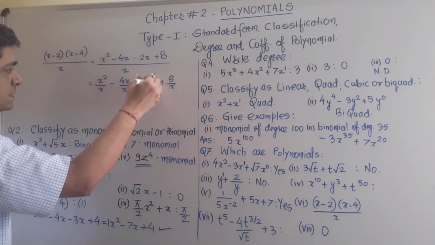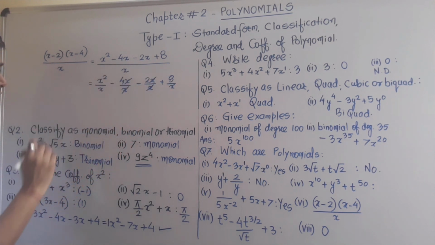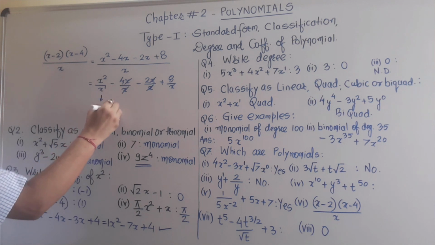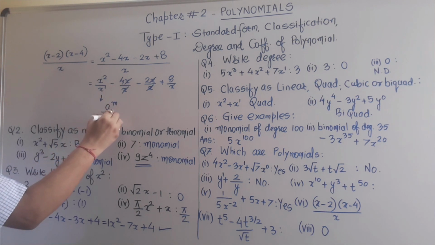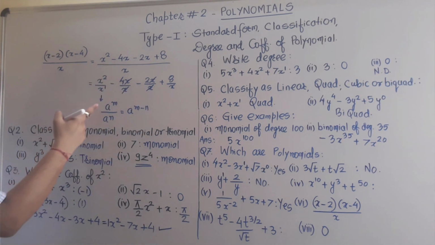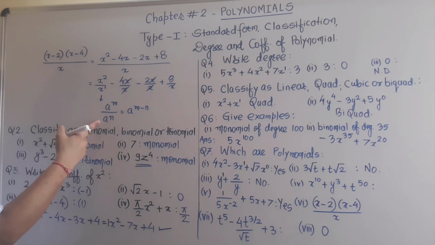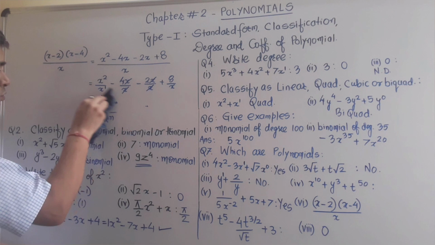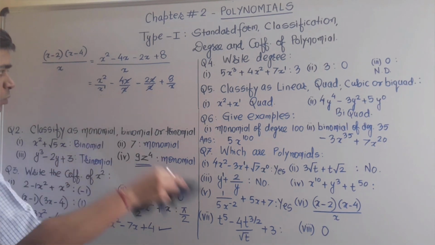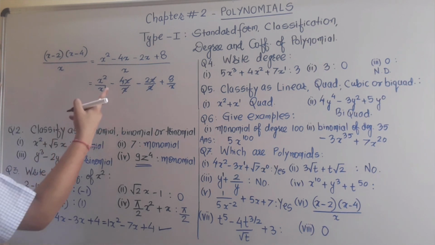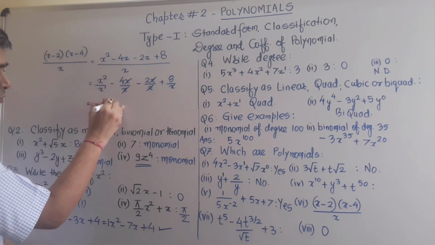Here x and x cancel, here cancel, and here you observe x is having the power 1. So I can apply the laws of exponent. A to the power m upon a to the power n is equal to a to the power m minus n. Two terms are given in division having the same base, so we can subtract their powers. So from 2, if I subtract 1, the remaining power is 1. So this will be x to the power 1. And see, here minus 4 remain and here minus 2 remain, that will be minus of 6.